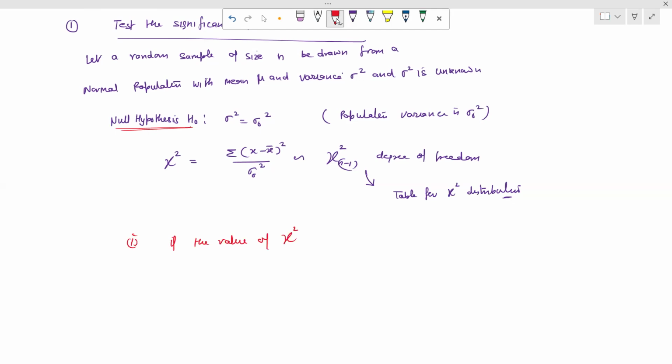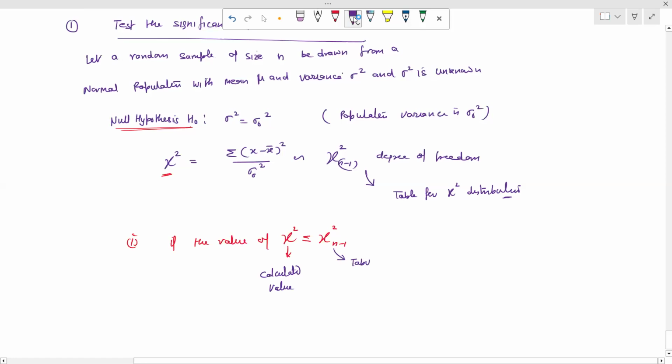मीन्स ये जो वैल्यू है हमारी कैलकुलेटेड वैल्यू, अगर वो कैलकुलेटेड वैल्यू काई स्क्वायर n-1 डिग्री ऑफ फ्रीडम से कम आती है, ये जो वैल्यू हो गई इसको हम क्या बोल रहे हैं, दिस इज अवर कैलकुलेटेड वैल्यू, इसको तो हम कैलकुलेट कर रहे हैं। और ये वैल्यू हो गई हमारी टेबुलर वैल्यू। तो कैलकुलेटेड वैल्यू और टेबुलर वैल्यू क्या होंगे, ऑलरेडी फिक्स्ड है। So in this case we accept the null hypothesis. उस केस में null hypothesis accept होगी।